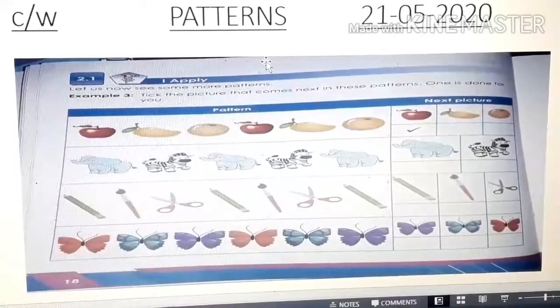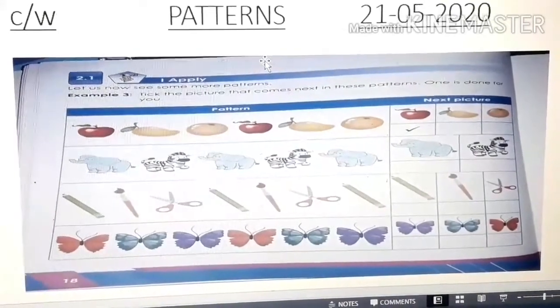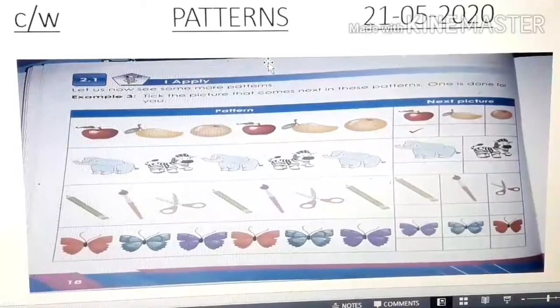So children, today the objective of the class is, today we will understand patterns in numbers and also where you see patterns in your surroundings. Okay? And one thing more, children, before starting with the book, whatever classwork I give you, do it in the copy, draw a margin, write the date and chapter name. Okay. Let's start, children. Take out page 18 of your textbook, write the date and classwork.